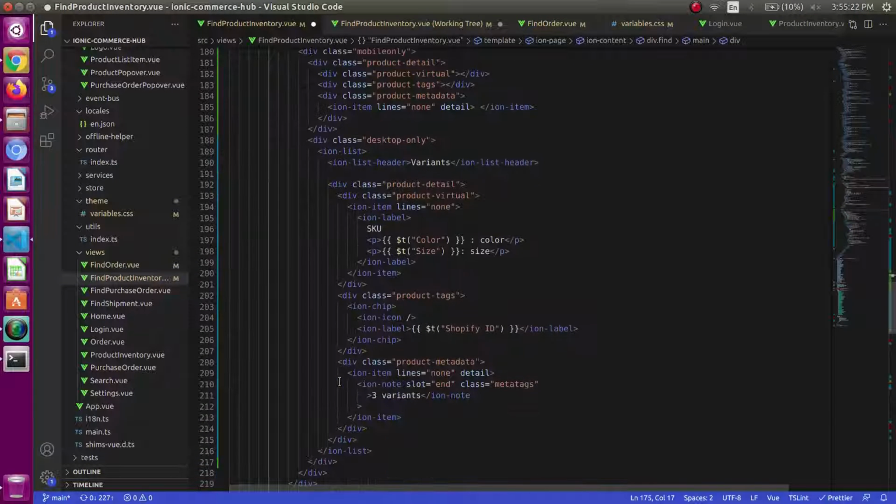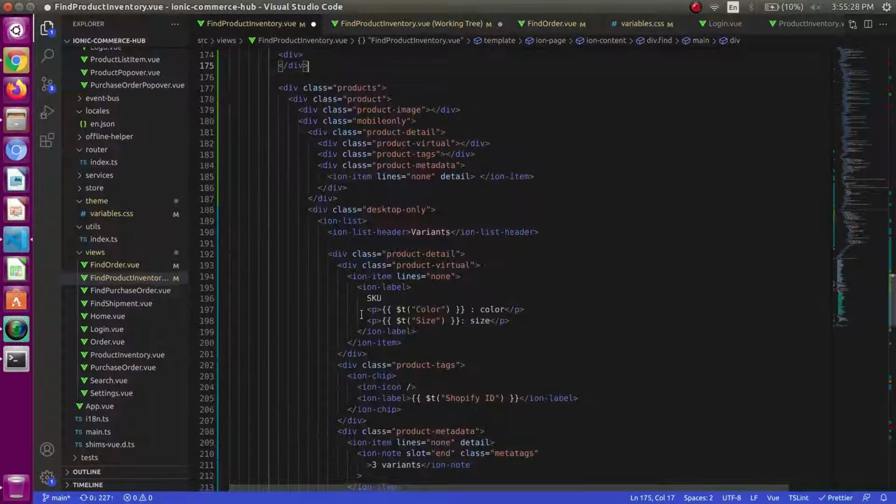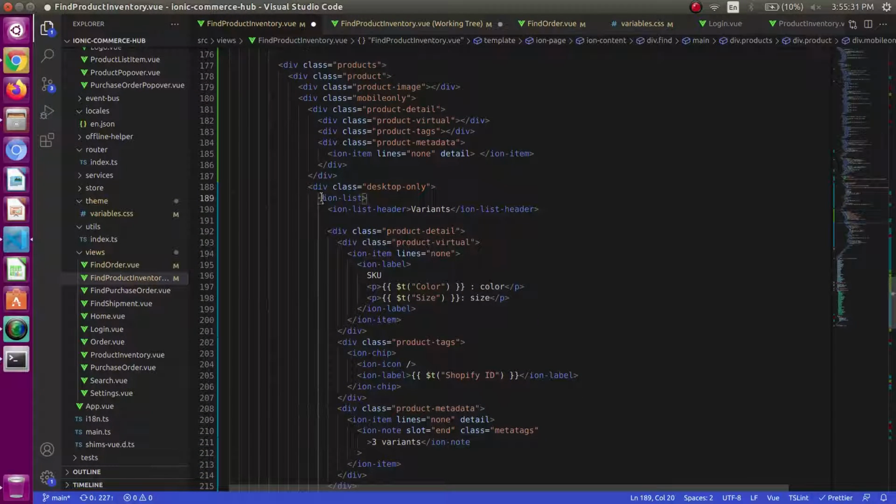I will be using a div and just pasting this variant part in that.